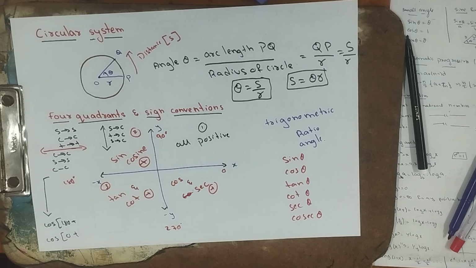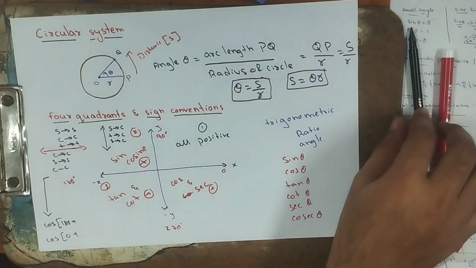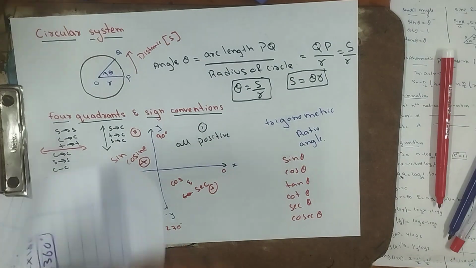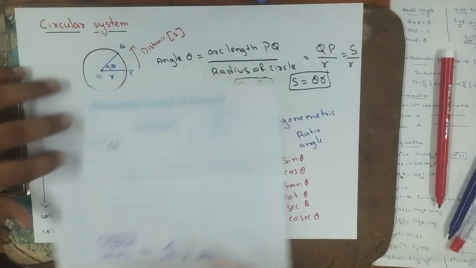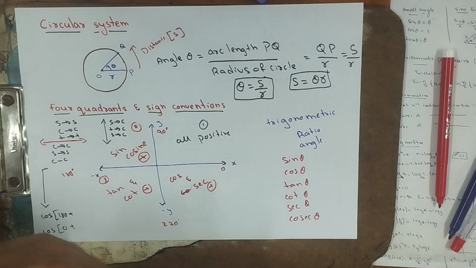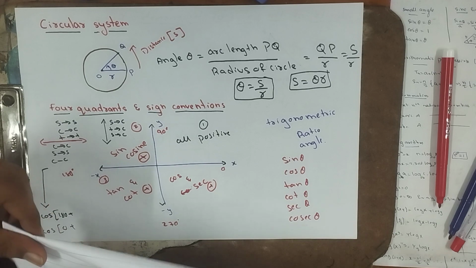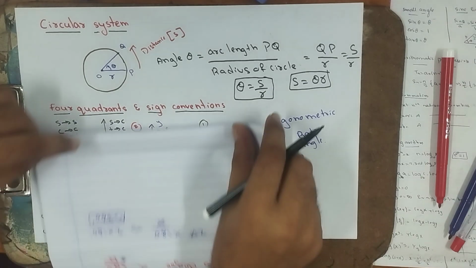cos 90 degree or cos 90 plus, remember whenever you see cos 90 plus, that time that cos changes to sin. I will write and show you. See here, I will write and show you. Let us take one small example. Now, okay, now see here,